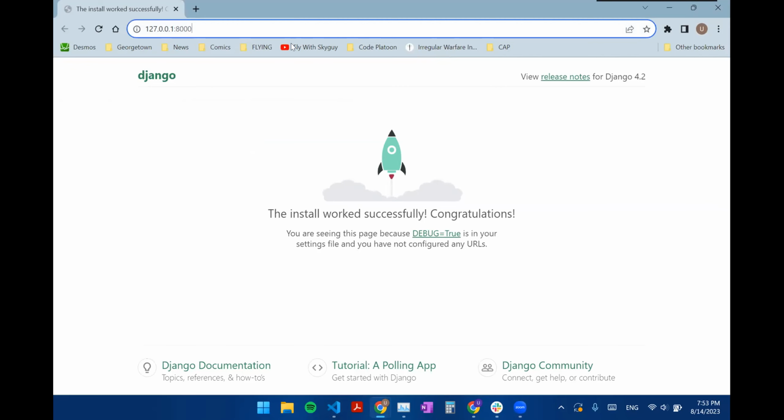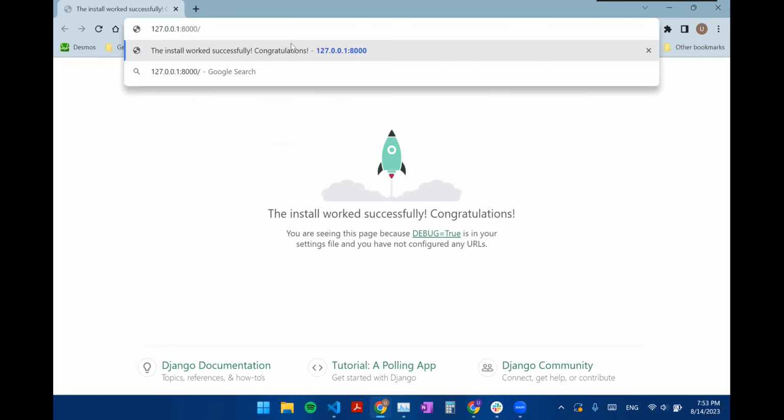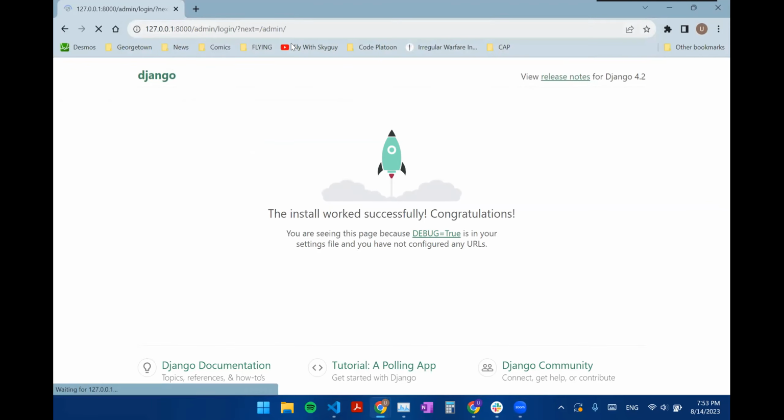Okay, we give it a second. And it says that Django is working. So I'm now going to go to my admin site, which I access here. Let me switch to my official Code Platoon browser. This one's fancier. We'll go to our admin site, give it a second, and we now are placed with this